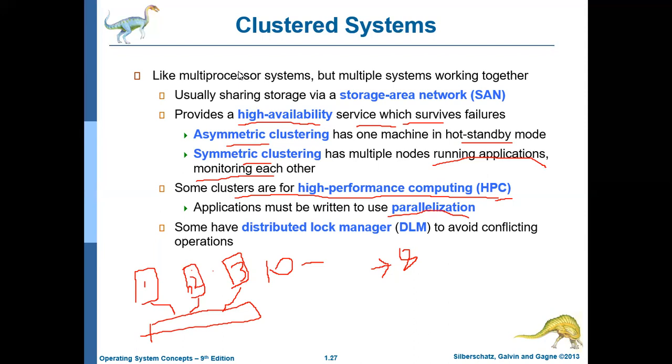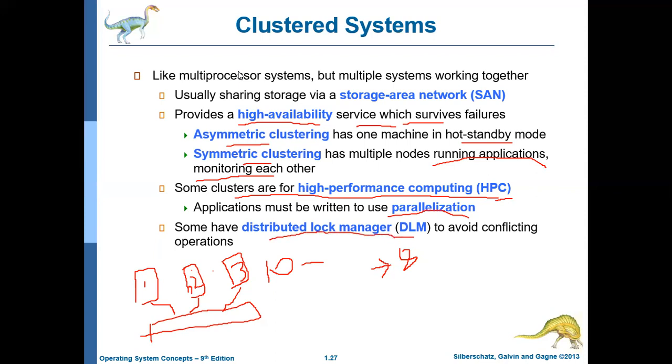Okay. So because node 1 is using that, at that time node 2 and node 3 should not be able to access the memory. Once node 1 finishes accessing, then the lock will be removed. Now node 2 or node 3 can use it. Again, if node 3 is using it, once again it will be locked for node 3. Only node 3 can access, and node 2 and node 1 cannot access the memory. So this concept is called a distributed lock manager.